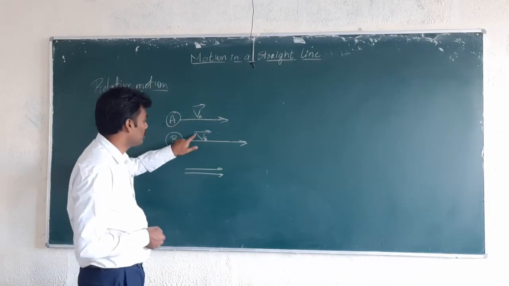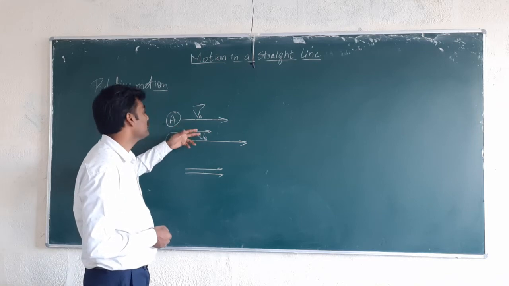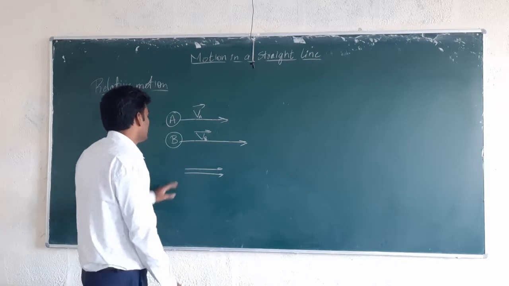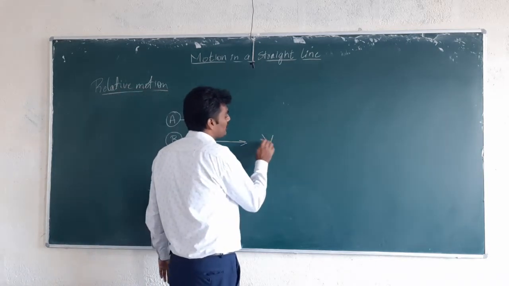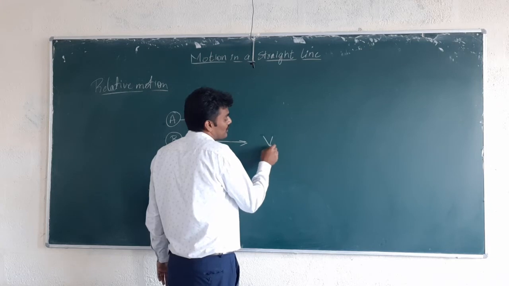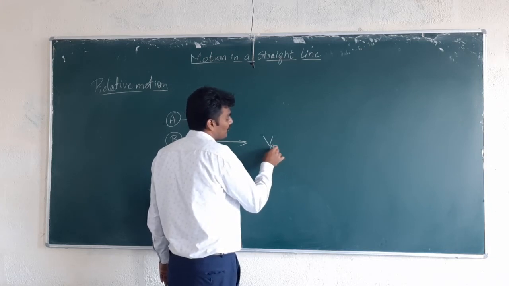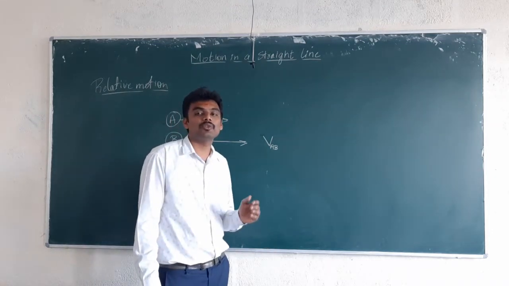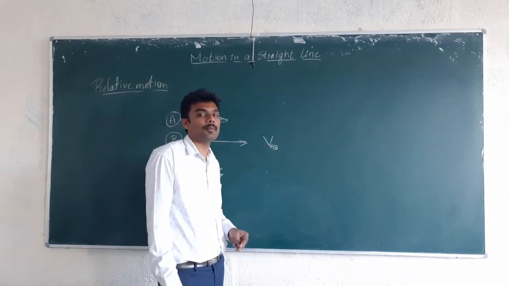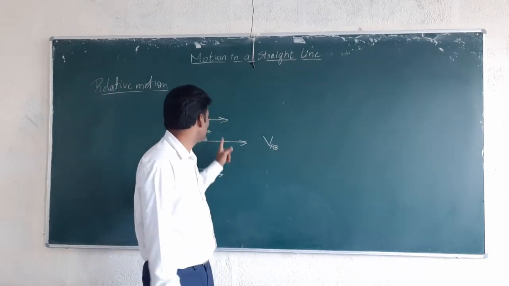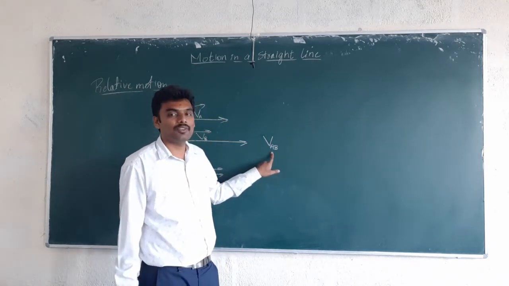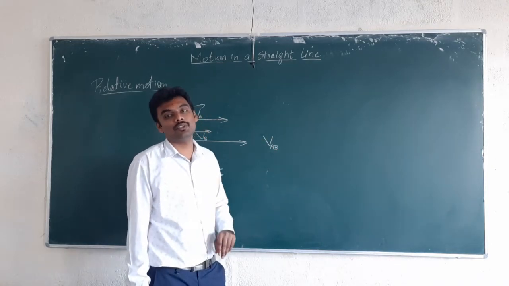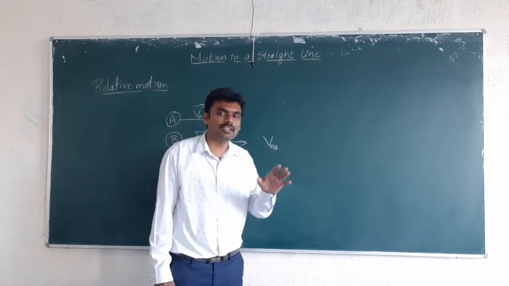So these are the two possibilities that we see when we come to relative motion. Taking the first kind, where both body A and body B move in the same direction, for such a situation the relative velocity, which can be taken as VAB, even represented sometimes using VR, that is also fine. Since the bodies chosen are A and B, that is why I am writing VAB. This represents the relative velocity between them. Relative velocity physically means what?